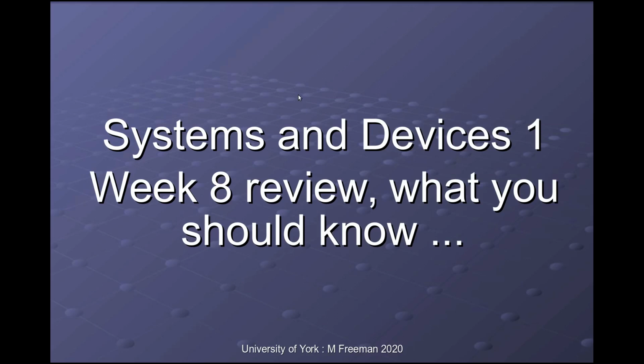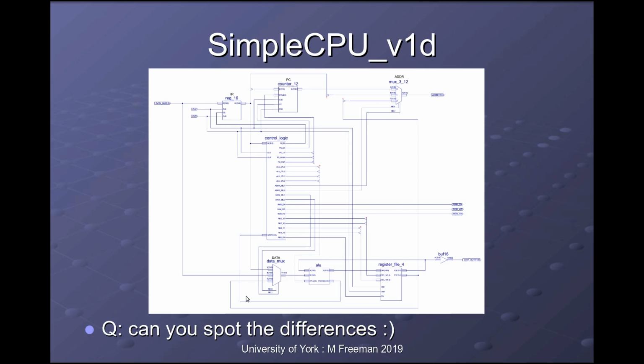Okay, welcome to System Devices 1, Week 8 review, what you should know by the end of the week. So this week we looked at our Simple CPU version 1D, and the aim here is to remove the limitations of our Simple CPU version 1A, so get rid of that self-modifying code, and generally improve the processing performance